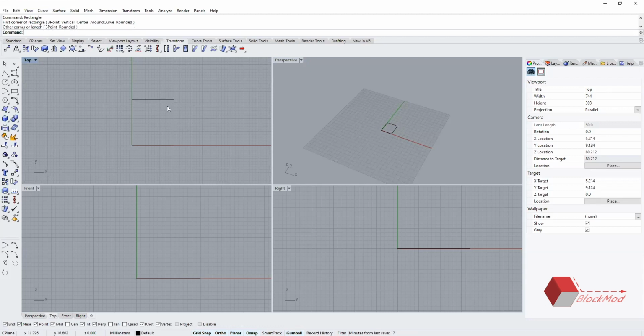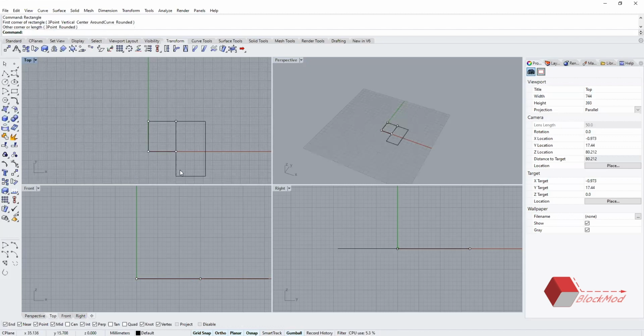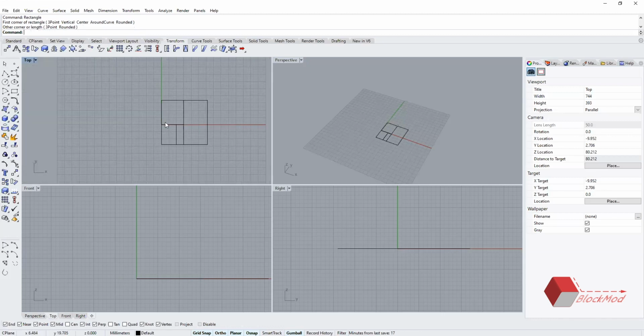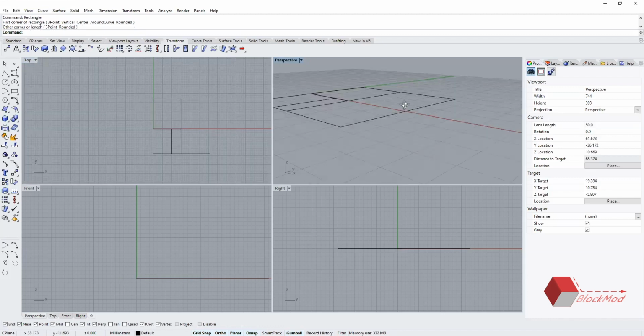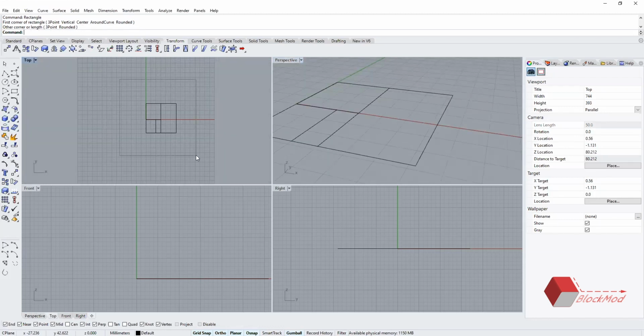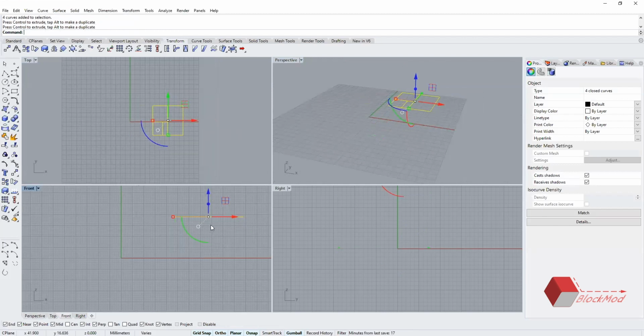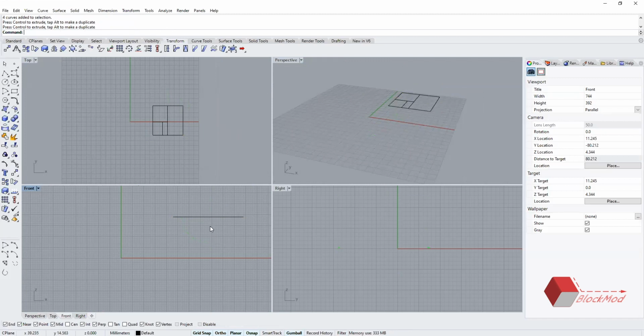I assume this rectangle is a living room, and then I again type it. This one is a deck area. There's a small kitchen. There's a bedroom. So this layouting is done in a 2-dimensional format on the top view. Even if you move it anywhere, the layout remains the same, and the box will be seen as a single line in the front view and in the right view.